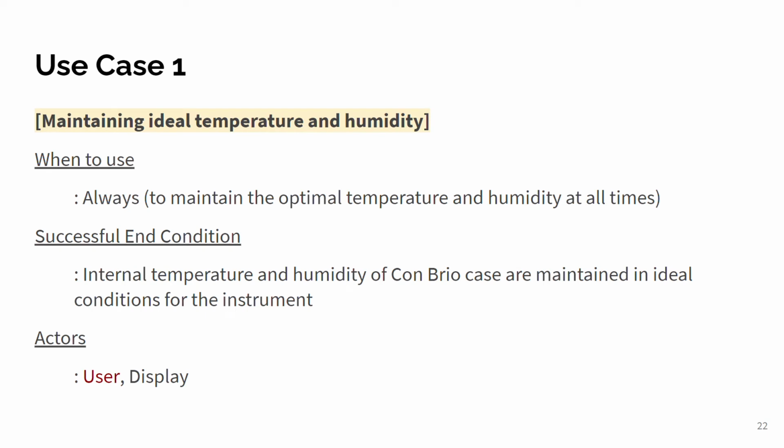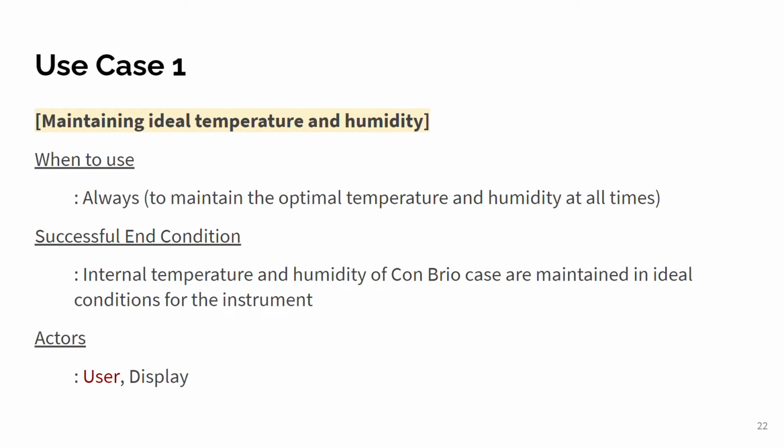First use case is maintaining ideal temperature and humidity. It can always be useful since it is about maintaining the ideal temperature and humidity. Here, the actors would be the users and display. We have indicated the primary actor by coloring it as red. When this scenario goes successfully, the internal temperature and humidity of the Conbrio case would be maintained in ideal condition